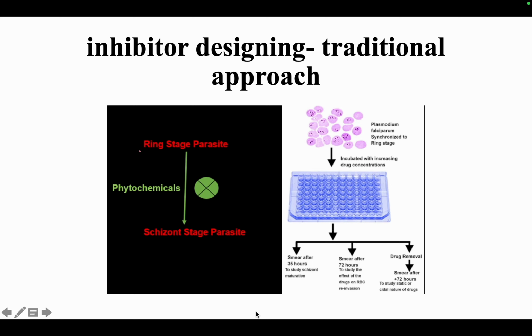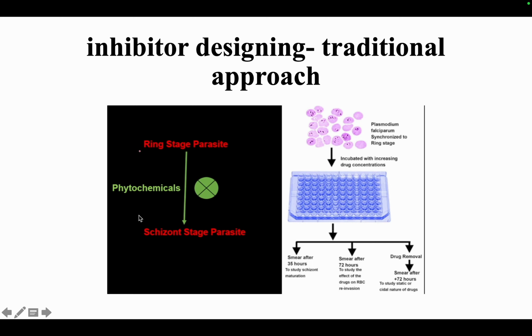So this is an example of designing an inhibitor by a traditional approach. We have a parasite, Plasmodium falciparum, which causes malaria, and this parasite infects the RBCs at different stages. So this is one of the stages, a ring stage, and we have a schizont stage. Okay, so this parasite infects the RBC at the ring stage. Okay, and